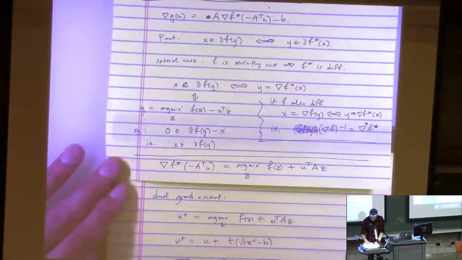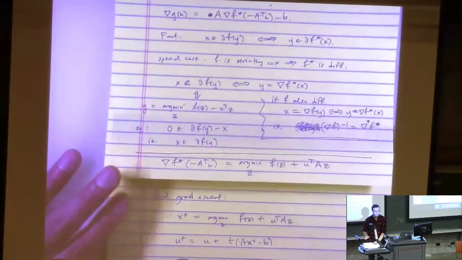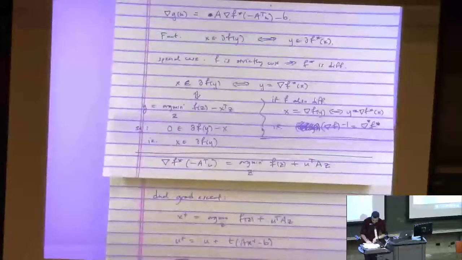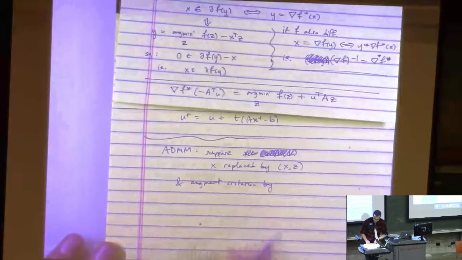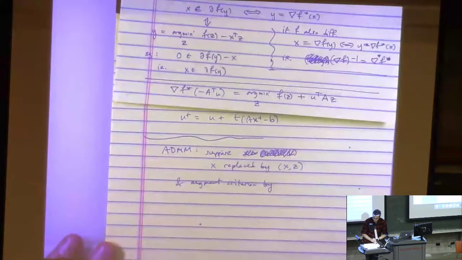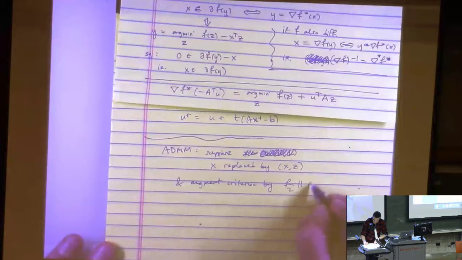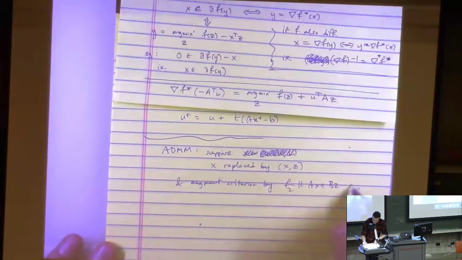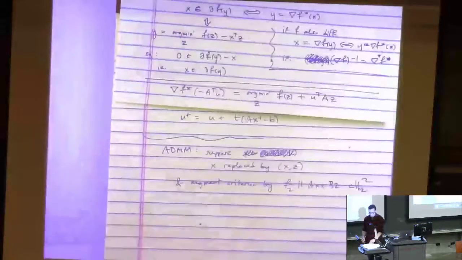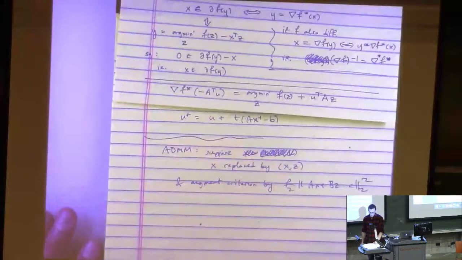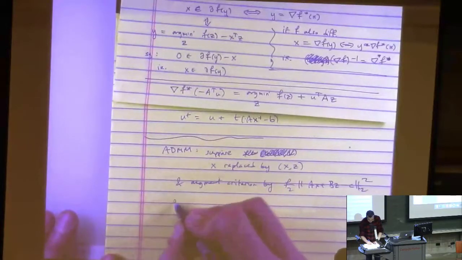Suppose, let's say, x is replaced by x comma z. So there are two variables. There's a block decomposition rather than just one. And I augment the criterion by something of this form. If I had an equality constraint that looked like Ax plus Bz equals c, where now I'm expanding the equality constraint we had into something of this form, I augment the criterion by that. Then the only difference between dual ascent and ADMM